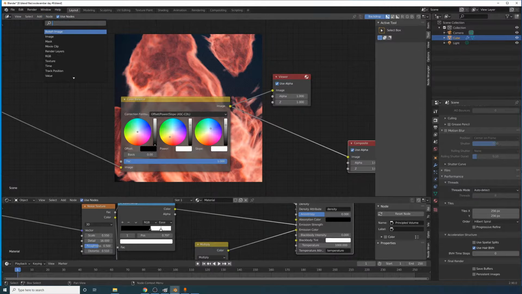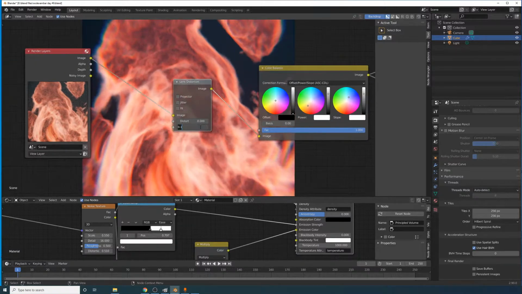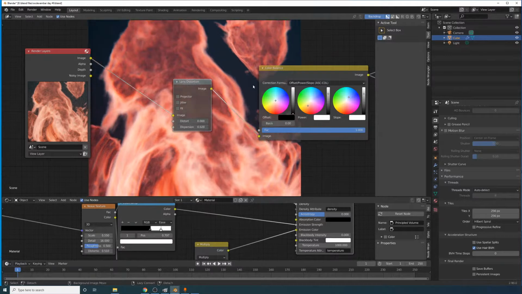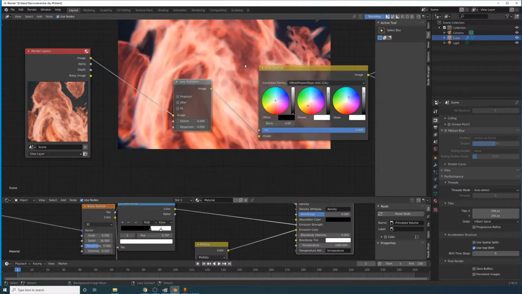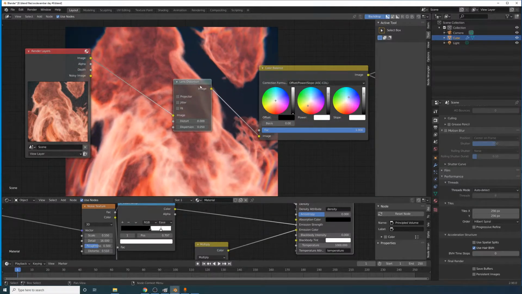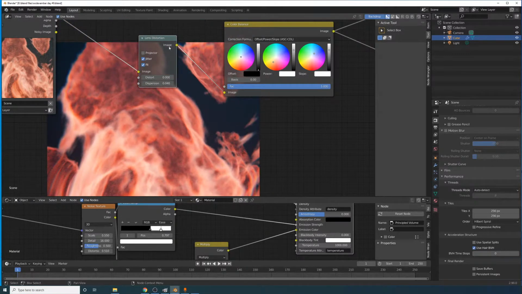And I'm going to add in, let's see, what's the one called? Lens distortion. And I'm going to just set that to be 0.1 for the dispersion. And look at that. But that's too much, 0.02. And I'm going to go a little more crazy with this because it looks really cool. Now this has to be fit, and maybe bring that down a little more. So, yeah, already we got an interesting result. So without it, and then with it,